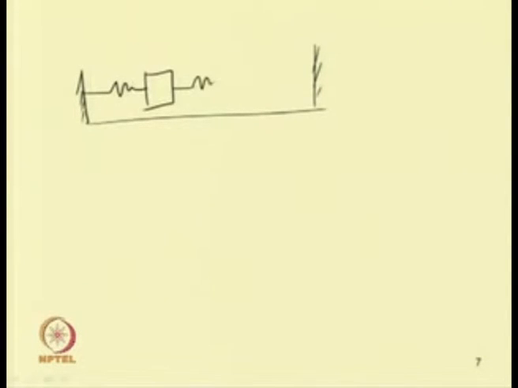Let us take a simple structure that we saw in the last class also, a simple spring mass system. Here we can make the spring nonlinear, or all the springs can be made nonlinear, and the nonlinearity may be of quadratic or cubic type. In that case we can write the equation with a 2 degrees of freedom system only.